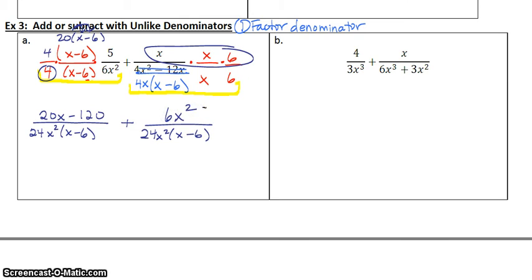Alright, last but not least, now it's a problem like what we did in example 2. So the bottoms are the same, so the bottom just stays 24x squared times x minus 6. But I add the tops, because there's a plus sign. I would just combine like terms if I could. None of these are like terms, so if there's no like terms, that means I just have to write it all out. 6x squared